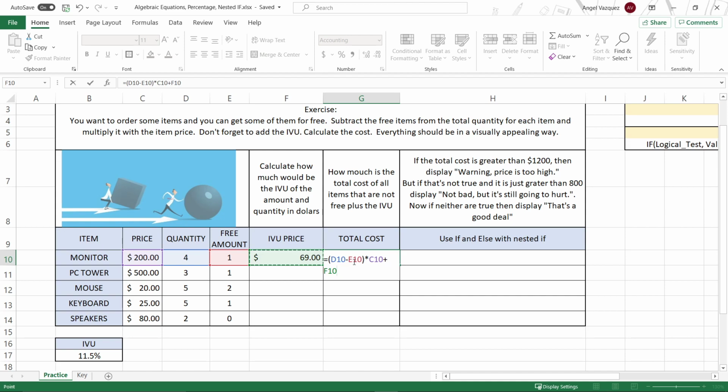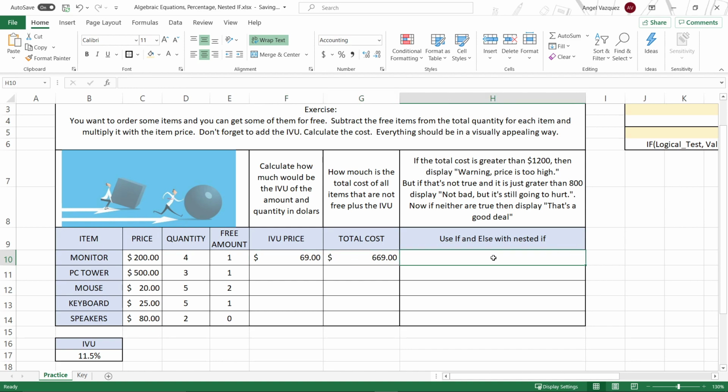So let's look at the equation. Right here we have quantity minus free amount, and then we multiply it by the price. So we have 3 times 200, which equals 600, and then we add the EVU, which is 69. So that would give us a total of $669 to pay for all those 3 monitors with the EVU included. There you go. So now that we did that part, the only part missing would be using if and else